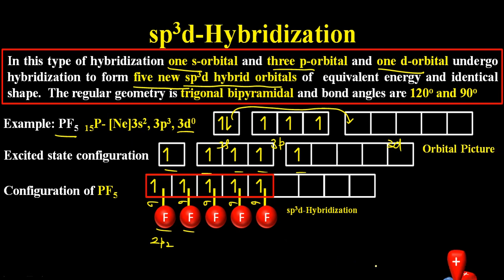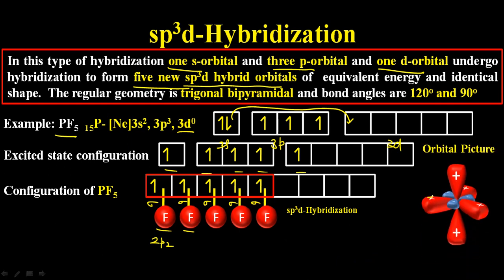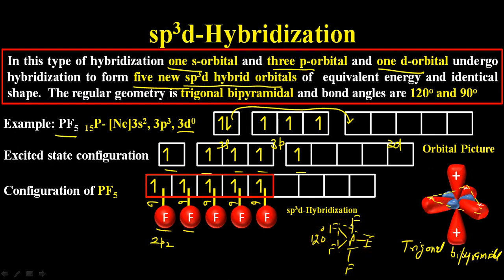As far as the orbital picture is concerned, this is the type of geometry, trigonal bipyramidal. And in the case of PF5 the molecular structure will be like this one. There are 3 fluorine atoms at equatorial positions and 2 fluorine atoms at axial positions. In the equatorial positions, the bond angle is 120 degrees and the bond angle between axial and equatorial positions is